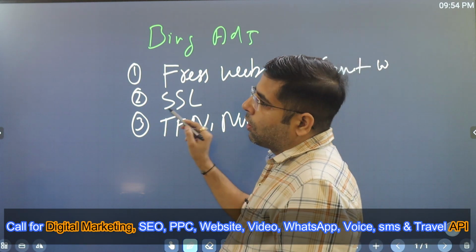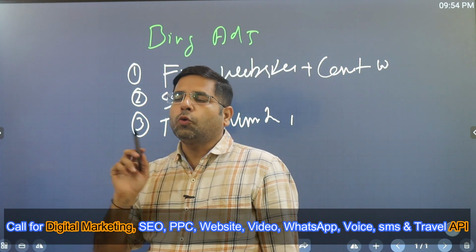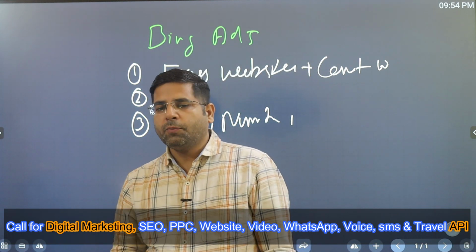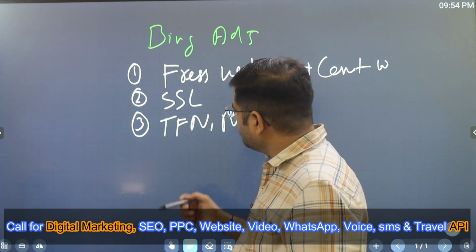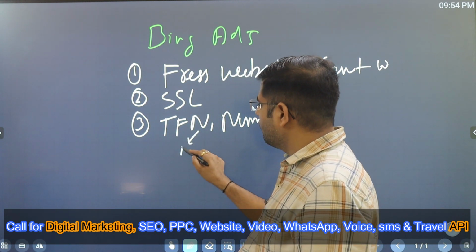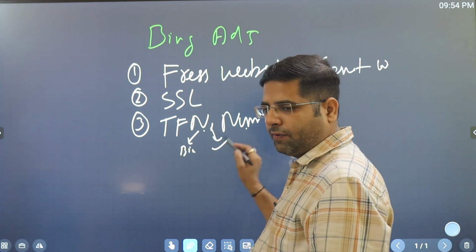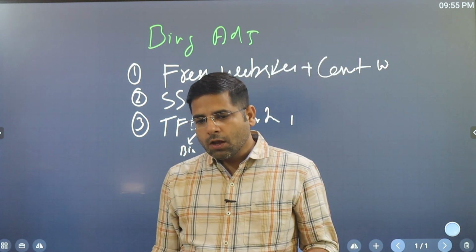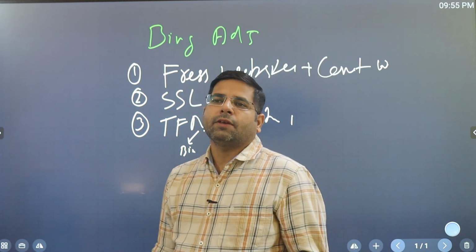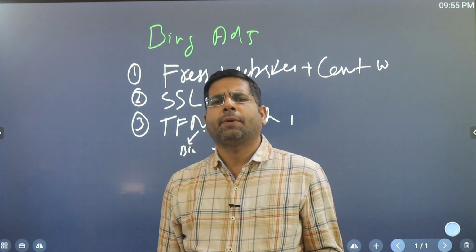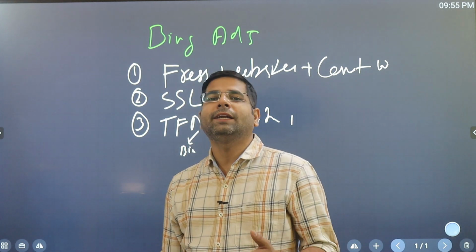Okay, there are two options. When you purchase a new number, the choice is yours. You want to route your number from Bing Ads numbers, or you want to direct calls to your number, TFN toll free number. In some cases, if you are targeting the USA, UK or Australia market, then you can use a DID number also.